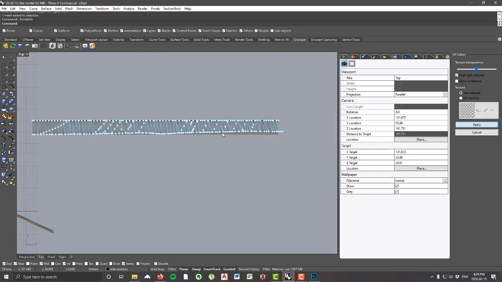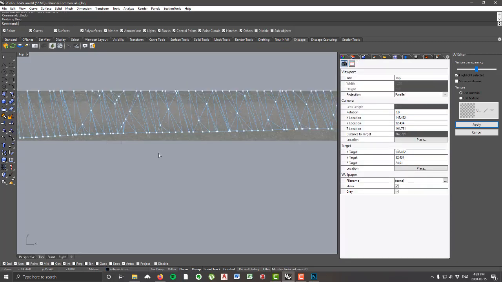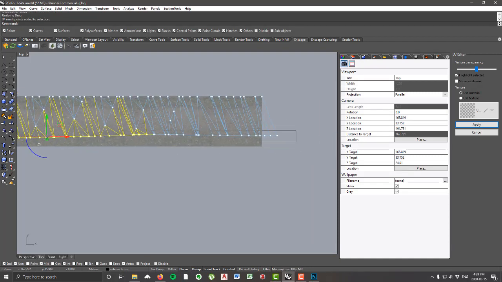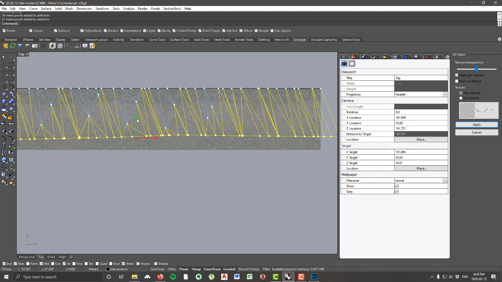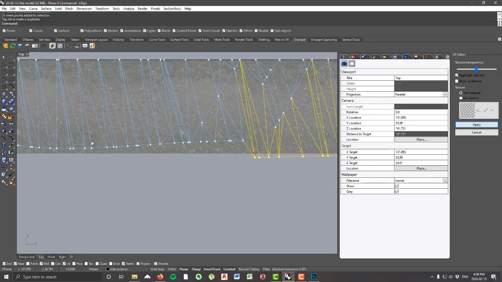You can press F10. I didn't just because it would stop my recording. And you can select all the control points of these vertices, and select just the control points and drag them down to massage them into place to where they need to be. So I'm just selecting the control points there, I'm dragging them down,